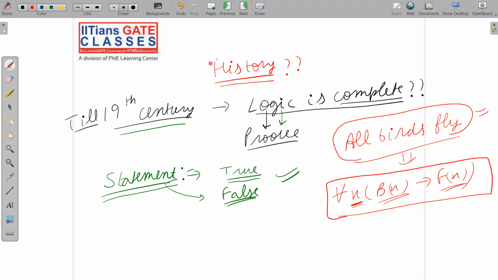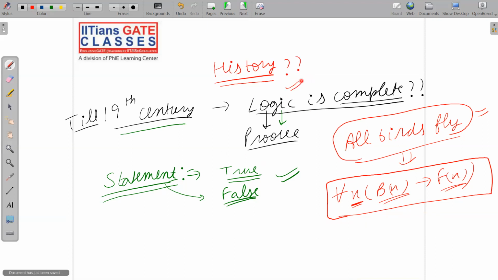Now let me say it again: given any statement, you already know that the statement is true or you already know that it is false, but still with the help of logic we cannot prove that the statement is true or false. With the help of logic means a step-by-step procedure. Like this, we have a group of statements, we convert them into logic, we apply some logic rules of inference, and we try to prove that the given argument is true or false, and so on.